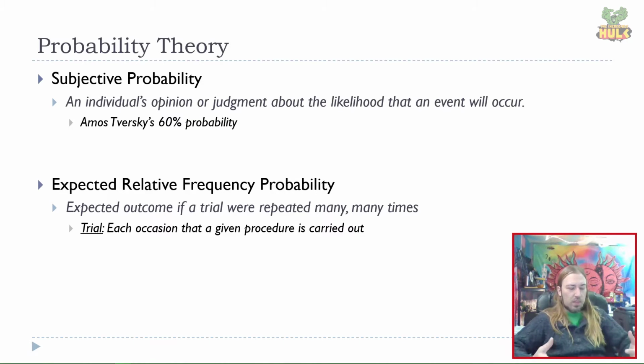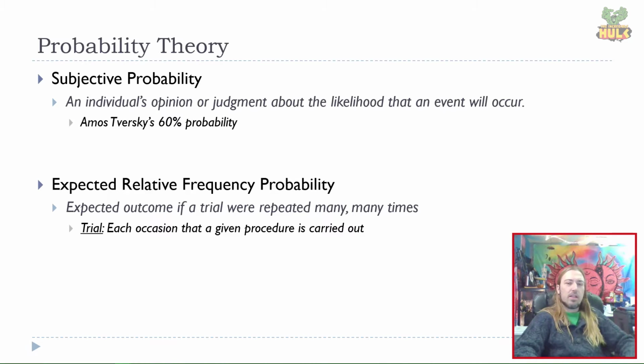And in particular, one thing that humans suffer with is differentiating between what we might call subjective probability, right? My own opinion or judgment about how likely I think something is to occur, versus the expected relative frequency probability, right? Long range probability. It means the expected outcome if the trial were repeated in true form, infinite numbers of times, right? So if I repeated this thing infinitely, what's the actual objective probability? And we could calculate it based on how many times it did or did not occur in all of those various replications. Subjective probability is my belief about how often it occurs. And our subjective probability is unfortunately prone to a number of biases.